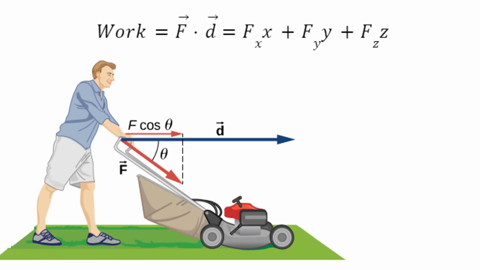Now, if you take the dot product between force and distance, or how much force and distance are pointing in the same direction, you get the work done on an object or the amount of energy that you give to the object. Like those high school physics problems where you have someone pushing a lawnmower and the problem wants you to calculate the work done.